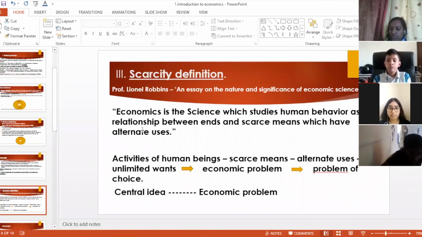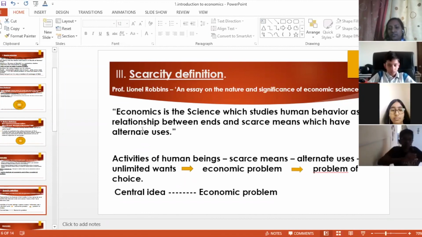Okay, so he studies how a human behaves, or how he is able to make decisions, what resource he wants to use for what. Because he has 3, 4, 5, 6 uses for the same resources, so he has to prioritize his resources. He has to prioritize his wants. Okay, this is the first want that I want to satisfy, then followed by these. So he has to prioritize his wants.